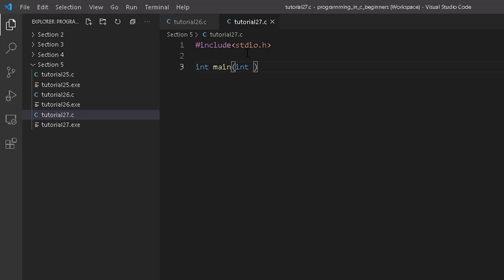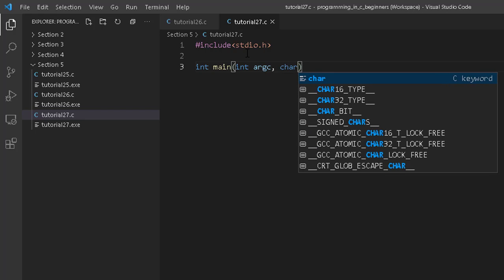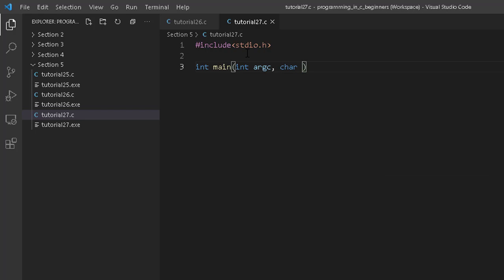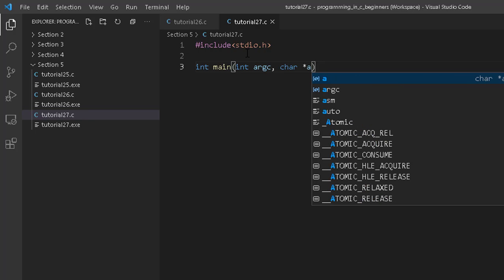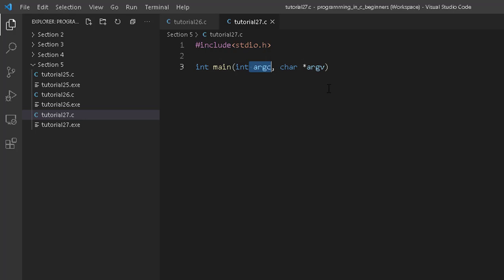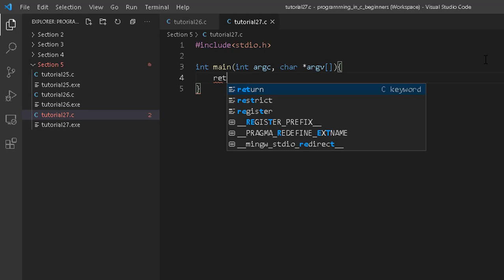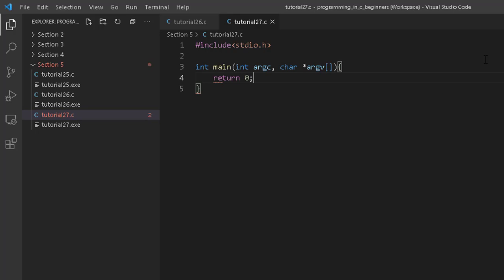In the parentheses we will pass one integer argc and one character pointer array, or in other words an array of strings. This will be argv. If you want to remember the names, remember them as arg count and arg value, or argument count and argument value. This has to be an array. Fine, so this is the syntax. We have to return an integer as the last statement of main, so I have returned it right now.